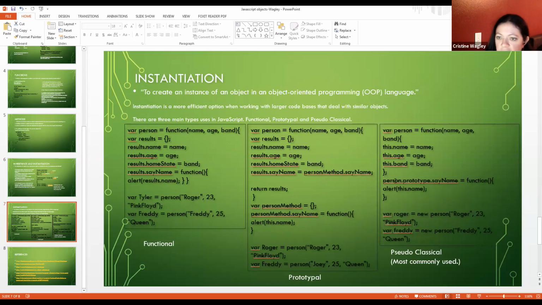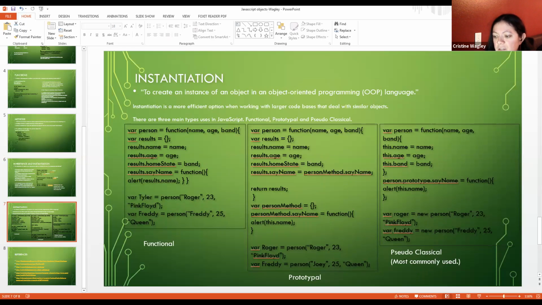So on this slide, I gave some different examples that I found for instantiation, because there were different methods that are used and different websites that I searched and different videos that I watched. It seems like people have an idea of what's best. Everyone sort of uses it differently, and some people have different names for it. Like the videos that I was reading said that often the prototypal method will be used and called classical. I don't know.